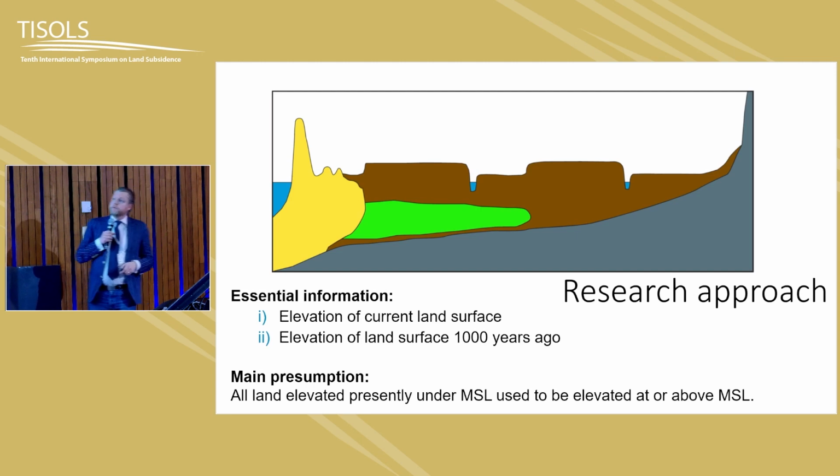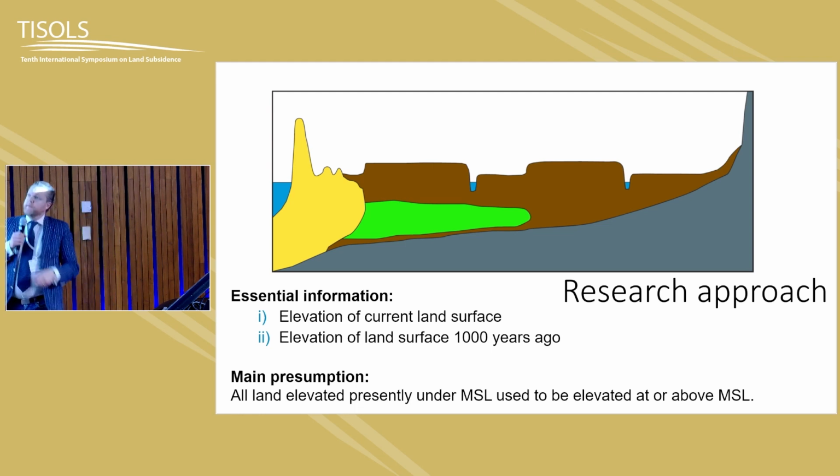So, to the research. This is a simplified cross-section of the Netherlands. In the east, here, the Pleistocene uplands. Here in the west, the sea and the dune area, and in between, I'm now oversimplifying, but for the talk it's okay, there's the peat area, that's in brown. There is some clay deposited. And if we want to know how much land subsidence we had over 1,000 years, we just need to know the present surface and the surface of 1,000 years ago. And if you subtract these two, then we can calculate the volume lost.